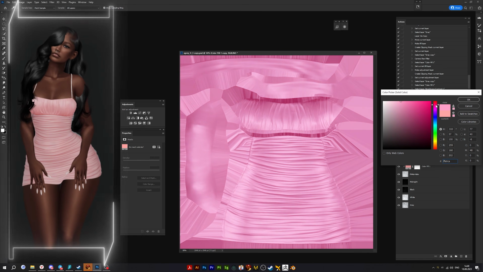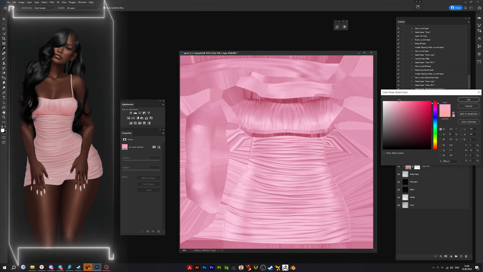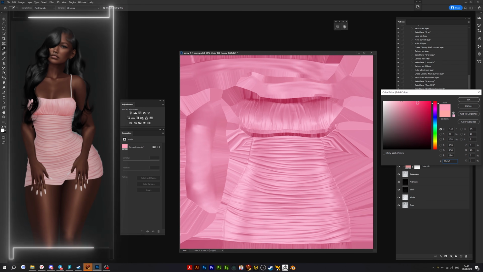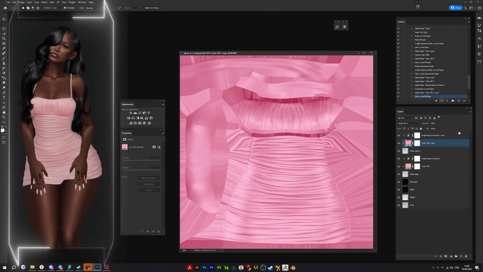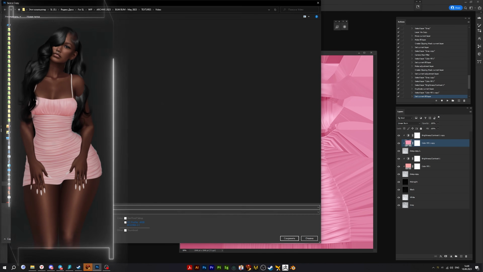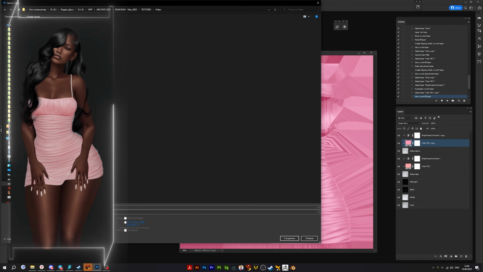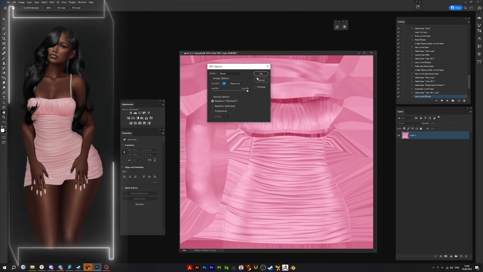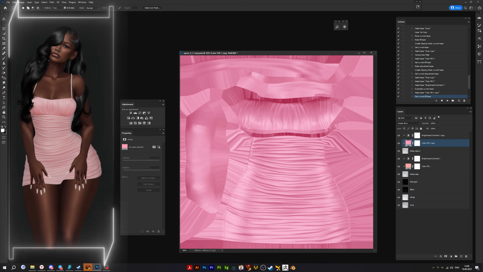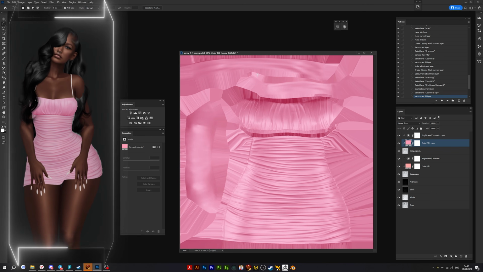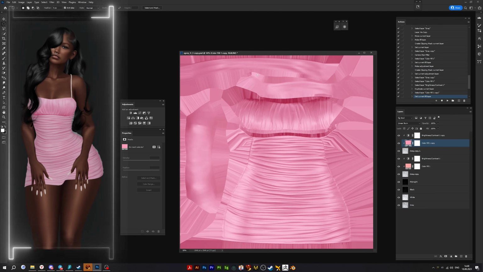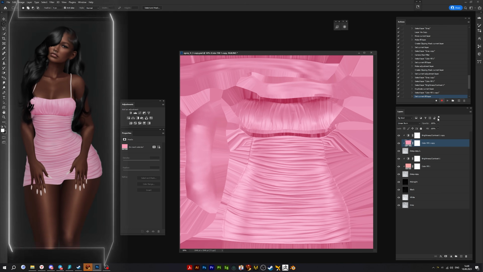For example, let's make a baby pink color like this. Yeah? So it's a new color. Let's check this out. So we don't need to create adjustment layers all the time from scratch. Well, I don't know if it's baby pink, but it will do.